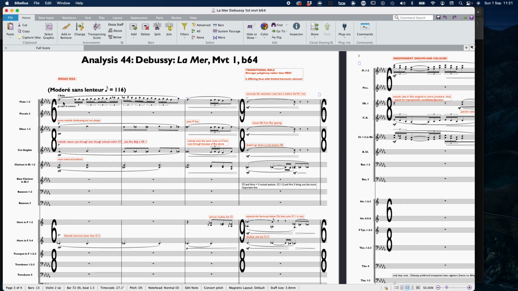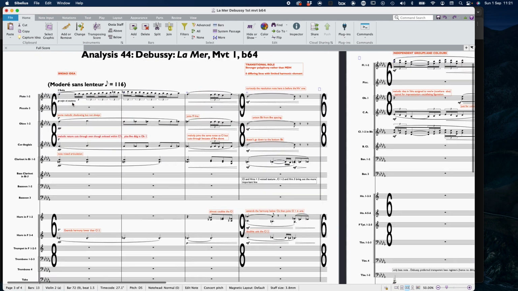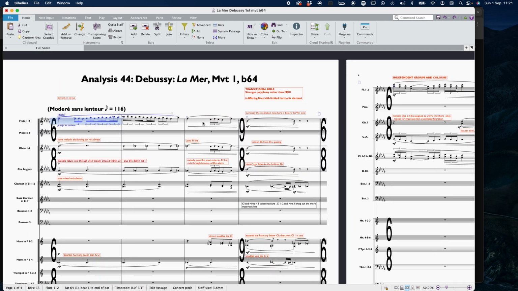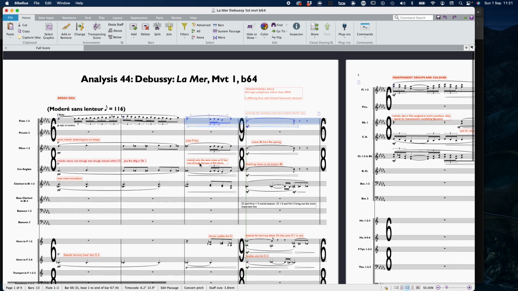Here we've got our flute melody. I don't think that's doubled anywhere else in the orchestra. No, it's not. So we've just got this on its own. Let's just hear it in isolation. And even that is in sort of 2 little parts. We've got this first little bit, and then this second melodic idea, which is where other things sort of join